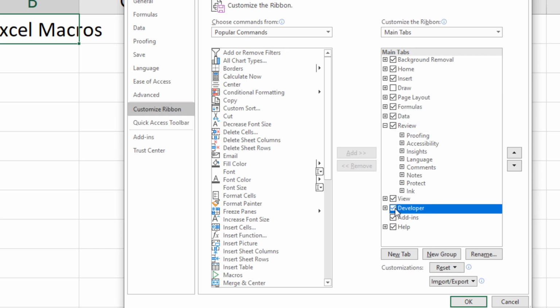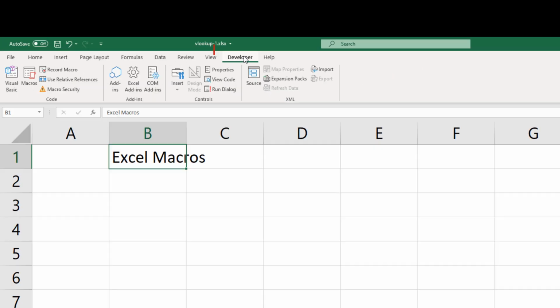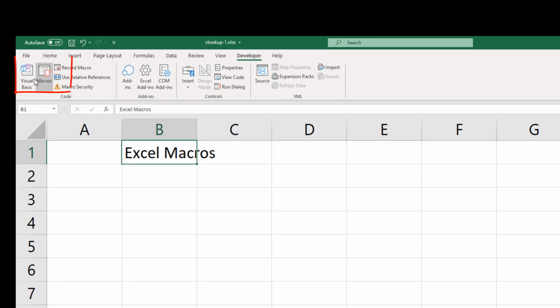Check it and OK. So now we have a developer tab which gives a quick access to recording macros and using macros. There are two types of macros.